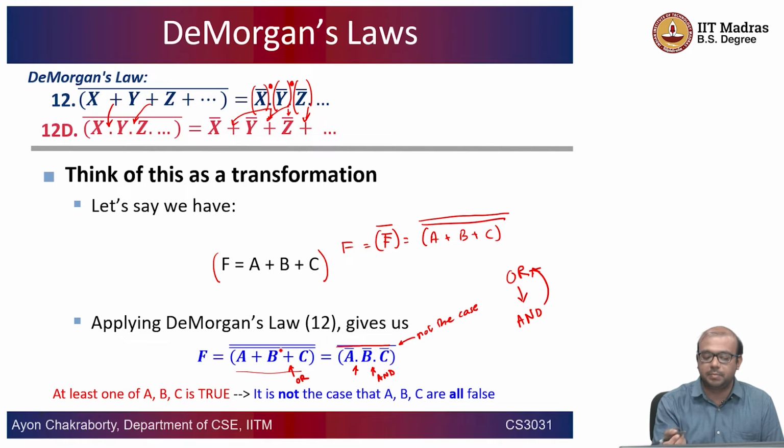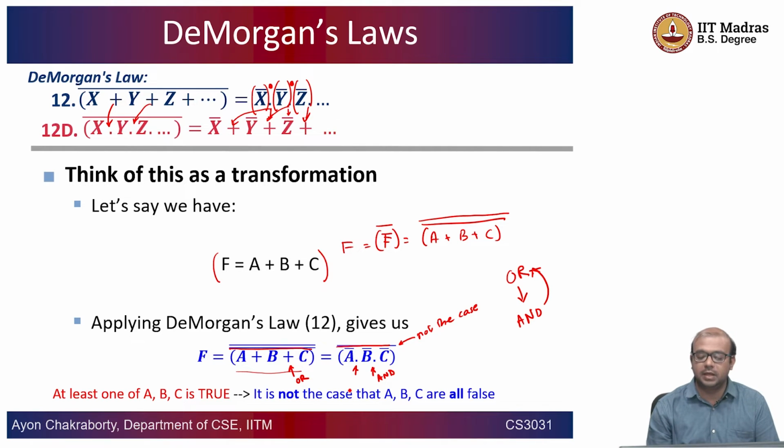Bar of bar means complement of complement, which is basically the same thing. So we write this expression to apply De Morgan's law. We take the lower bar and apply De Morgan's law to it, and this becomes a bar dot b bar dot c bar. So here